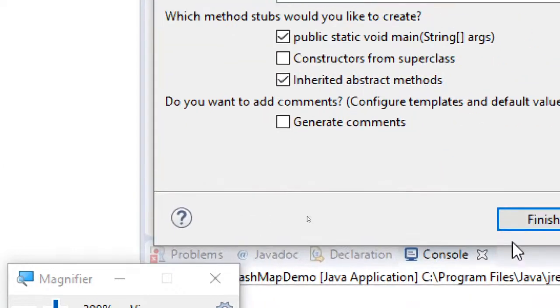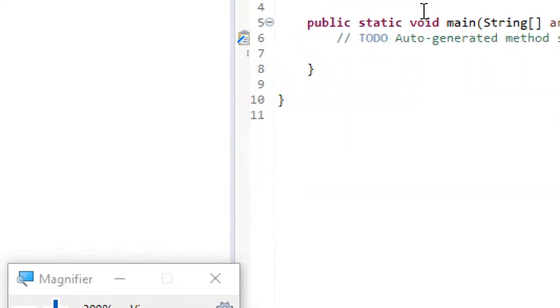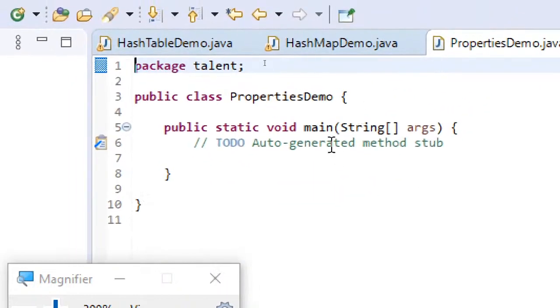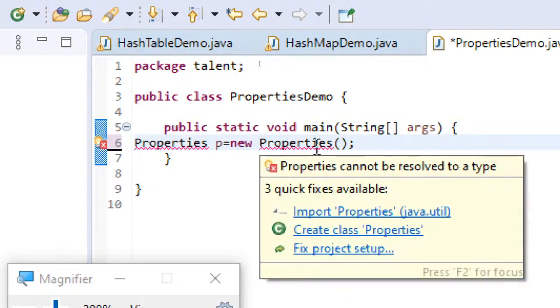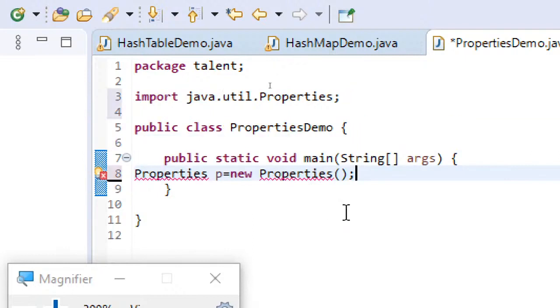In order to get the properties very quickly, I'm just creating an object for the properties, and obviously it will give me a quick fix to import properties. So let's import that, and then here what we do is